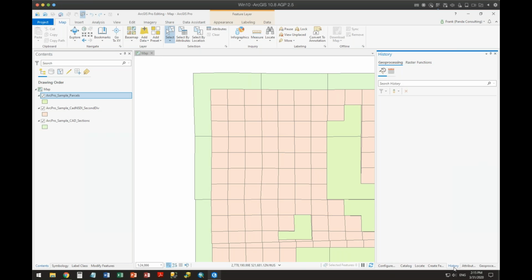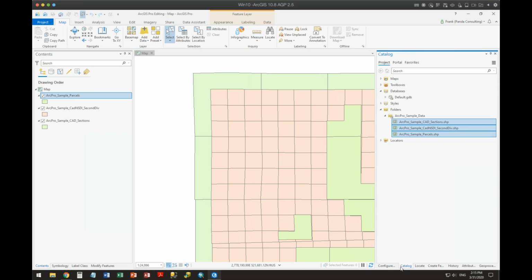So if in fact you're doing the same thing over and over, you can quickly click on, oh, here's where I did a select by attributes, and then I did a calculate. Then I did a select by attributes, and I did a calculate. So you can pull up the history, make little tweaks to the parameters, and rerun it again. So the history now shows you all of that you did. All right. And again, that's a separate pane. Yeah, that is a nice pane on there, to help you on that.